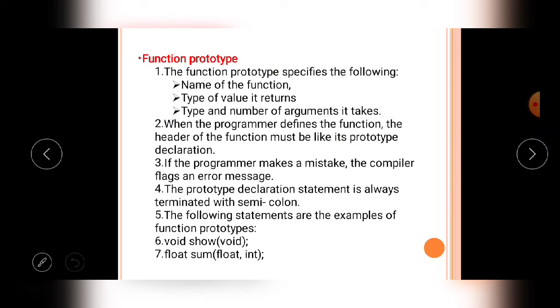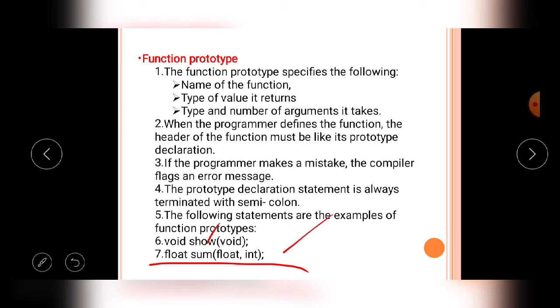Observe carefully at the end of the slide, where I am underlining. The function sum is a user defined function.